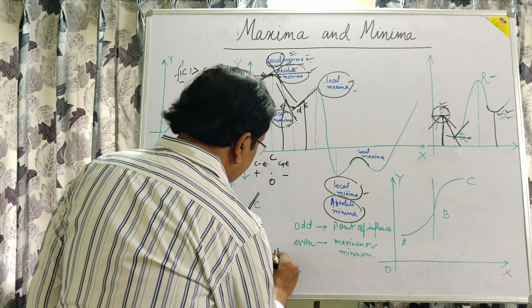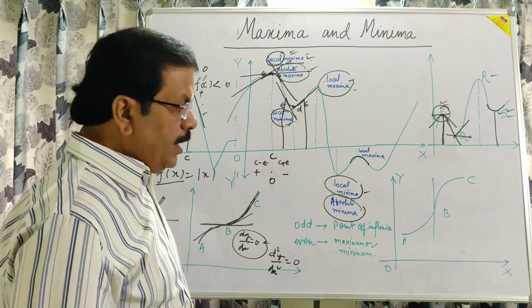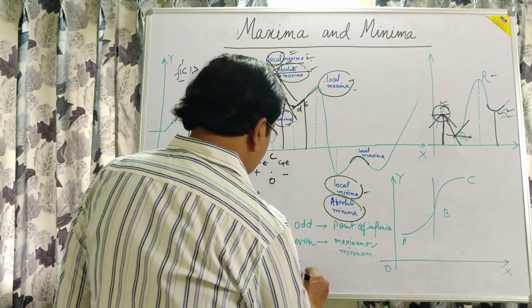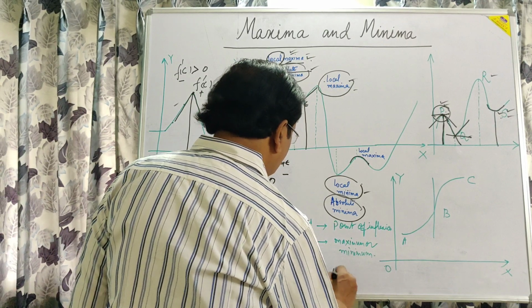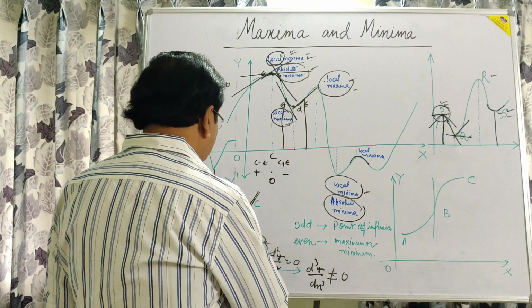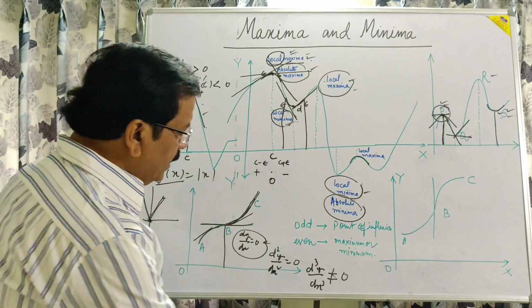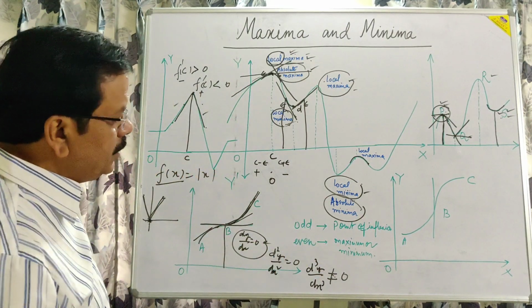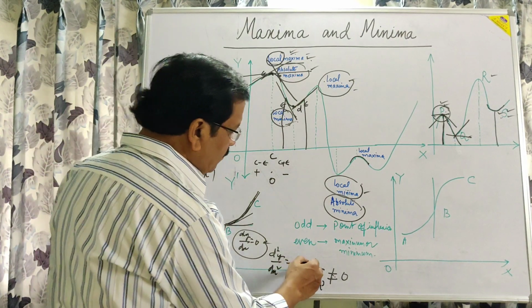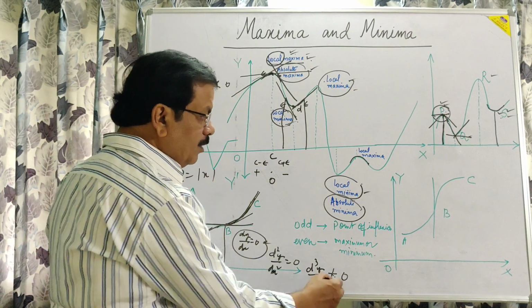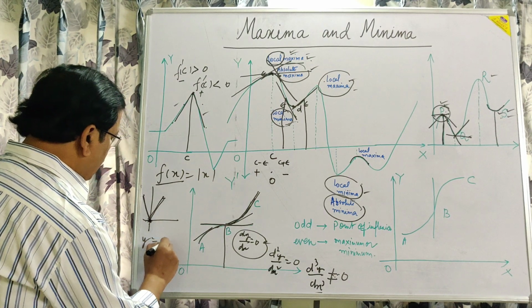If we find the second derivative, and that is also equal to 0, but the third derivative, d3y upon dx cube, is not equal to 0, then only can we say that this point is a point of inflection. If somehow this is also equal to 0, then d4y upon dx 4 is also 0. In that case, d5y upon dx 5 will not be equal to 0, and you can take the example of y is equal to x cube.